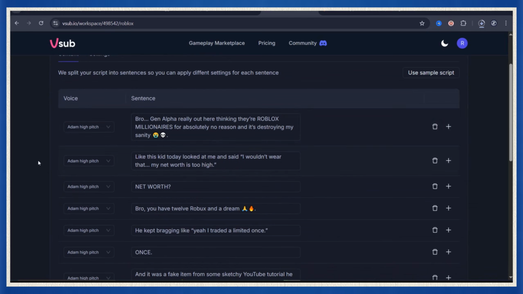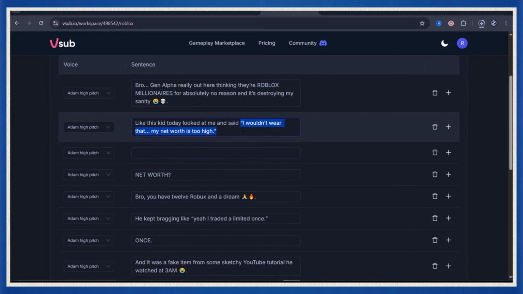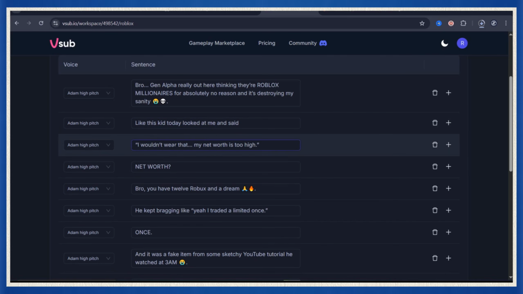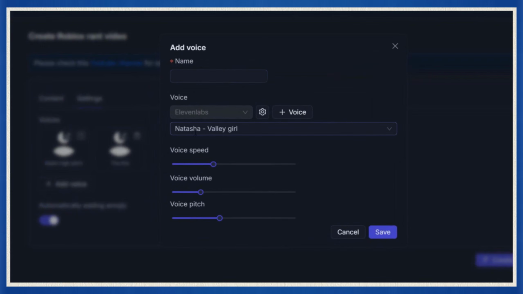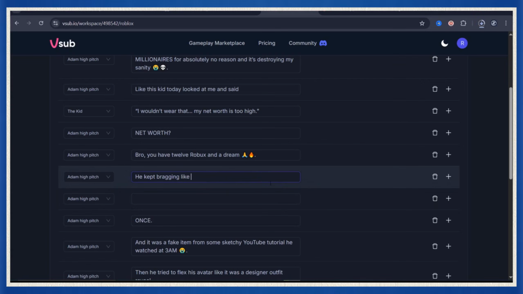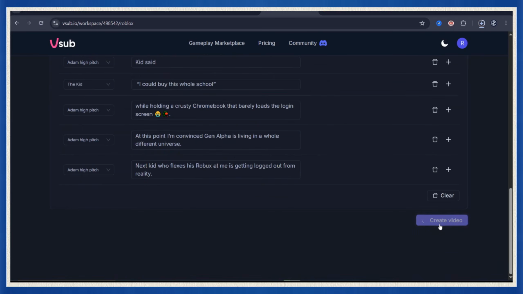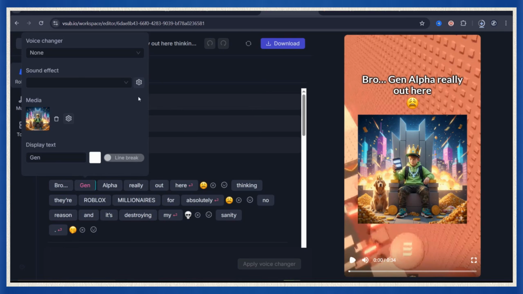If you want conversational back and forth with multiple voices, use the blank box feature, cut the other characters' lines, paste them into a new box, and pick a voice for each box. If you want extra voices, go to settings, click add voice, and choose from the ElevenLabs list. Once you split all the dialogue, click create video. Your video will be ready, but to level it up, insert images where needed and add sound effects, then go